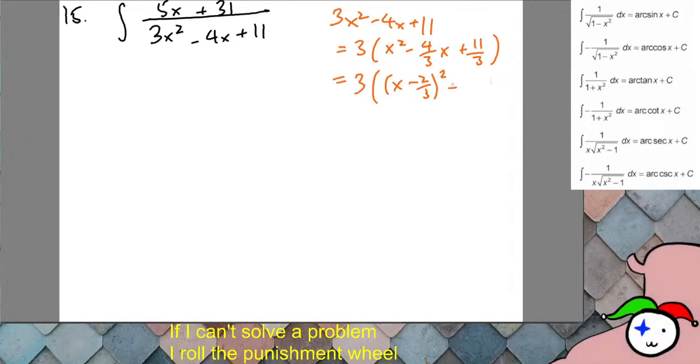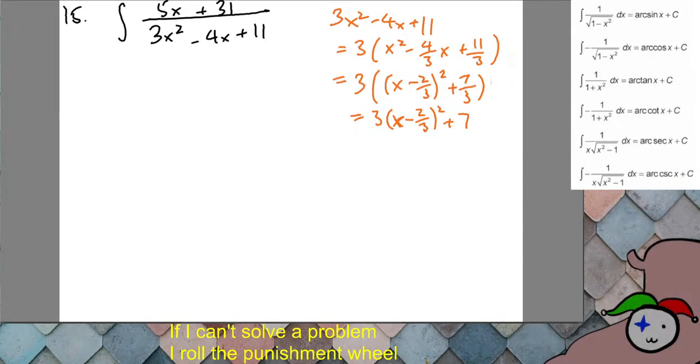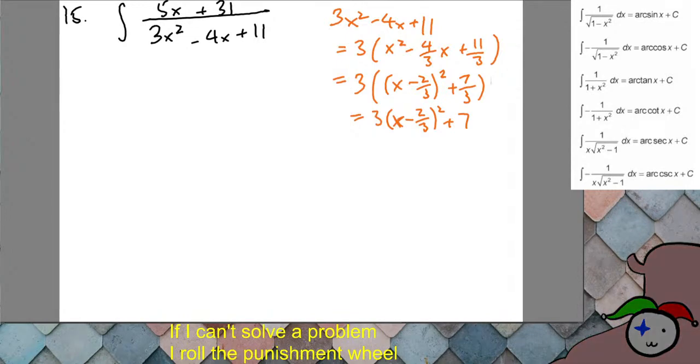So you need to add another 7. So it's 3 times x minus 2/3 squared plus 7. Okay. So if we let u equal x minus 2/3,